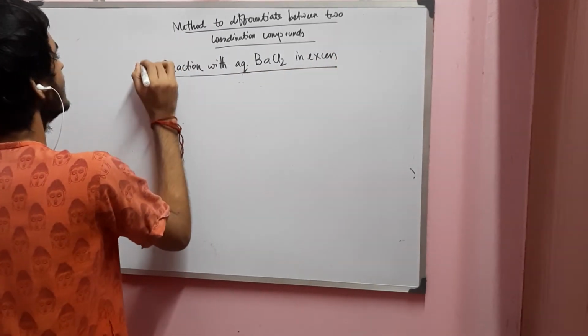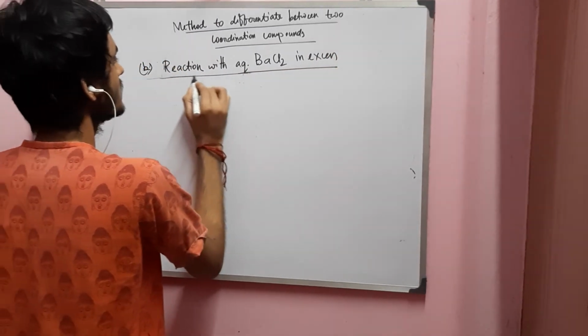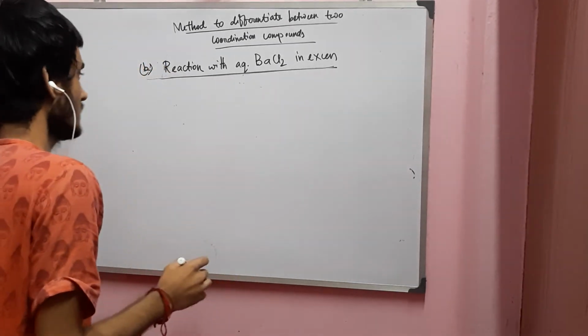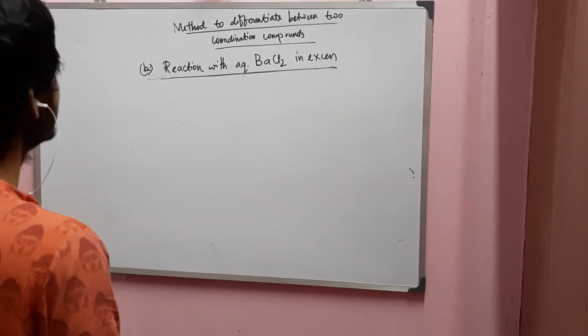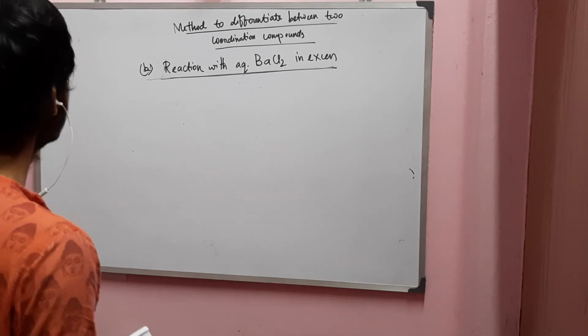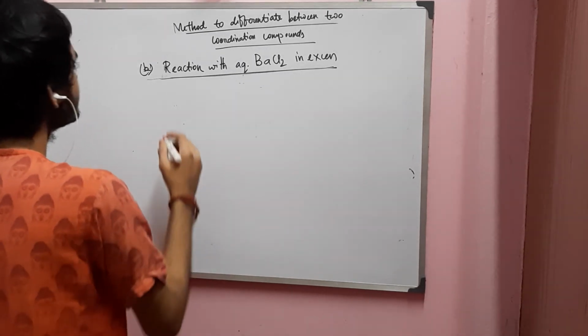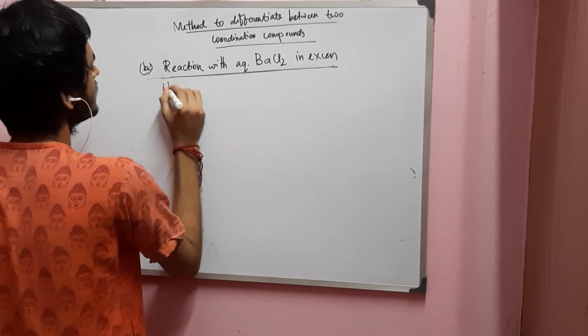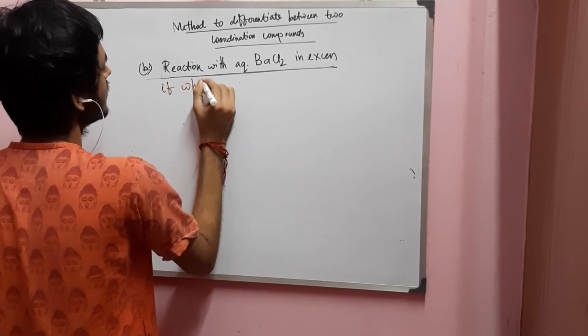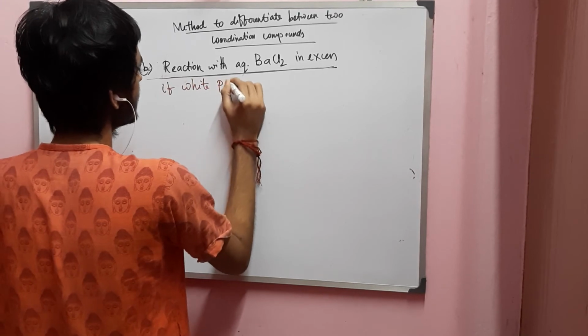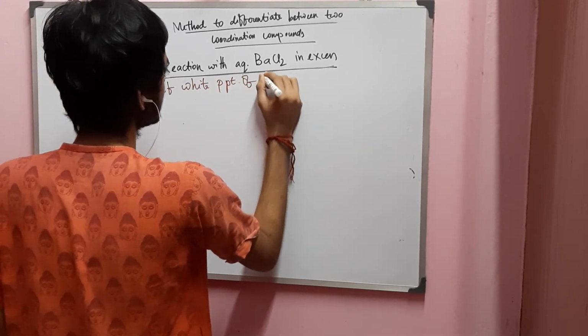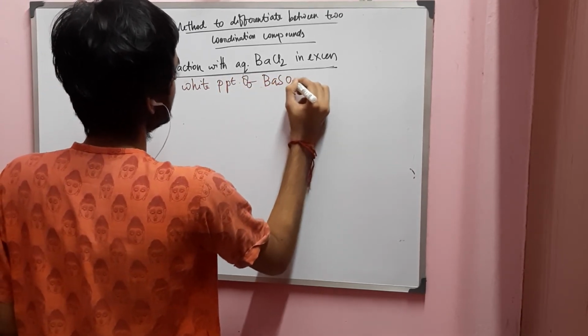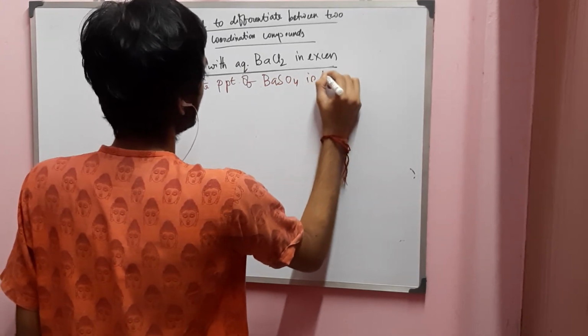This is point number B: reaction with aqueous BaCl2 in excess. The concept here is similar to the previous one, that if a white precipitate of BaSO4 is formed,